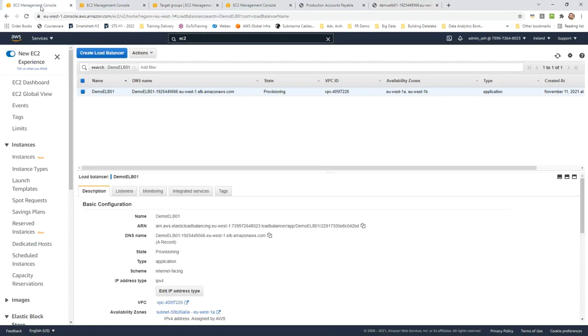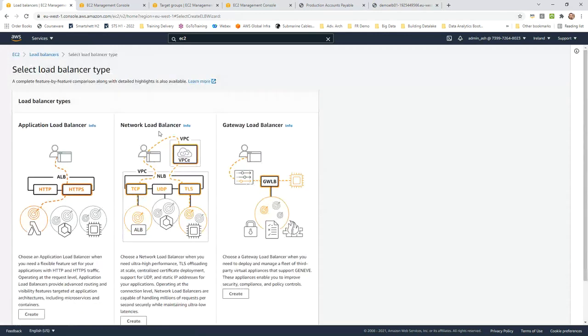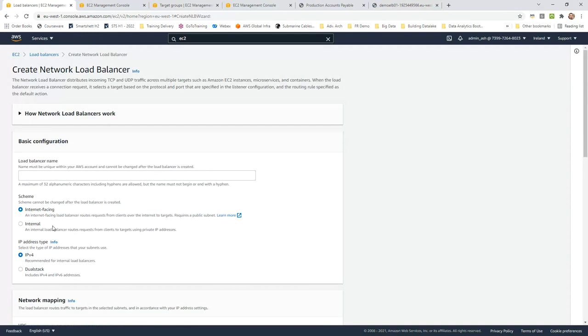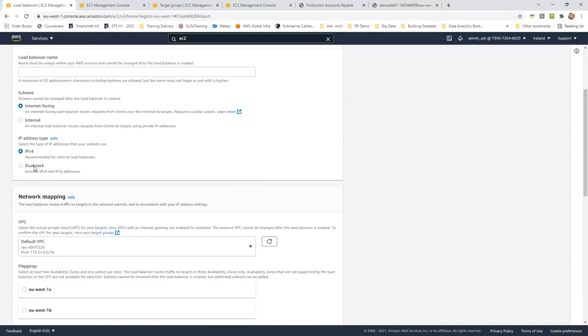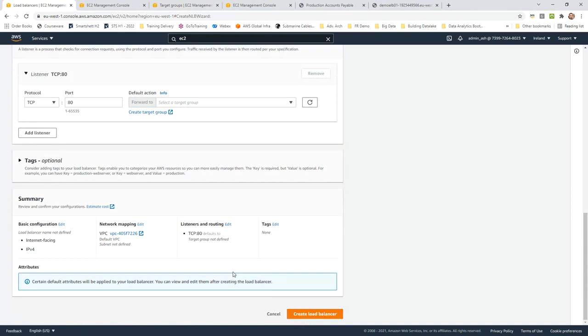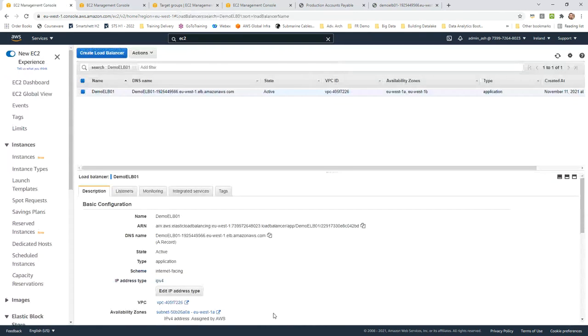Right, so see, this is just not displaying a fancy page. It is just saying ready to receive request, and this is one machine which is responding to all my requests. The configuration for creating a network load balancer is similar. Nothing changes. It would be the same: internet facing or internal, IPv4, what network it would connect to, what my listener would be, and where it would forward my request. Then I provide that and create the load balancer.